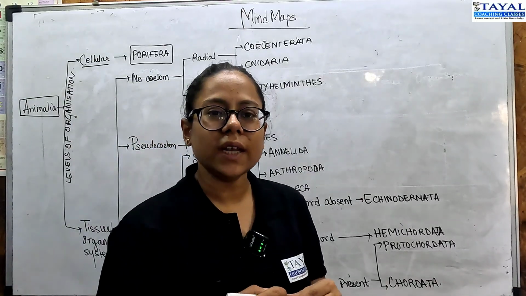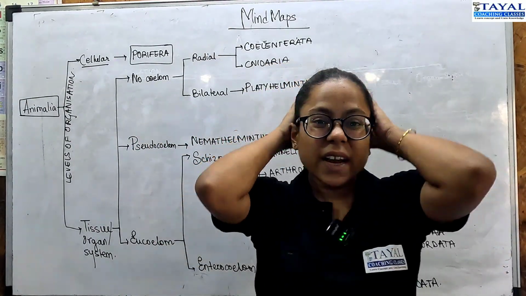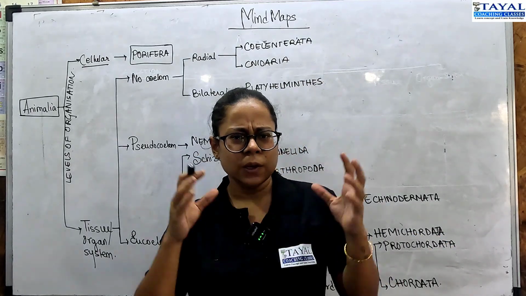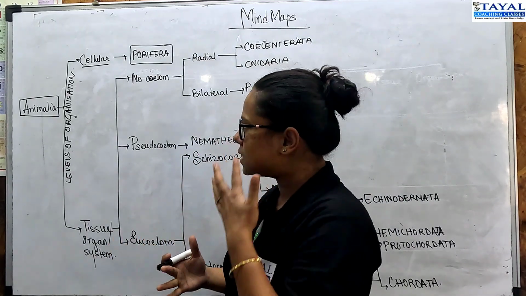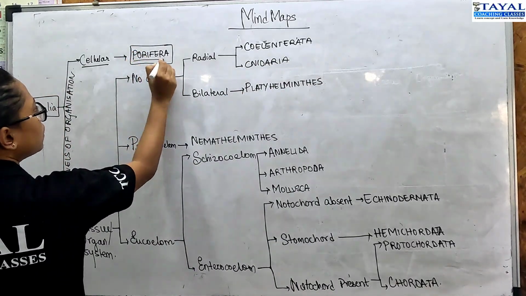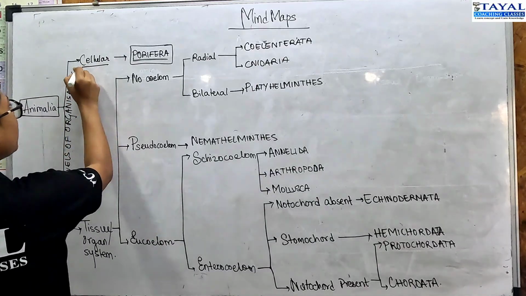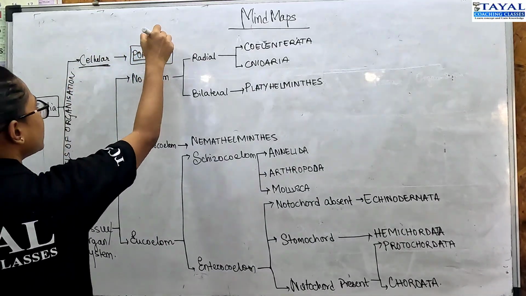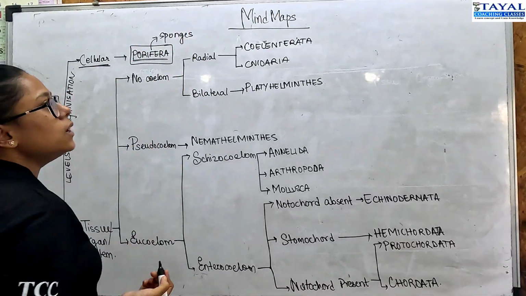So whether the level of body planning is only an aggregate of cells, or do we have tissues and further developed organ systems? And on the basis of that, first porifera was classified, right? All poriferans, those are your sponges. They have cellular level of